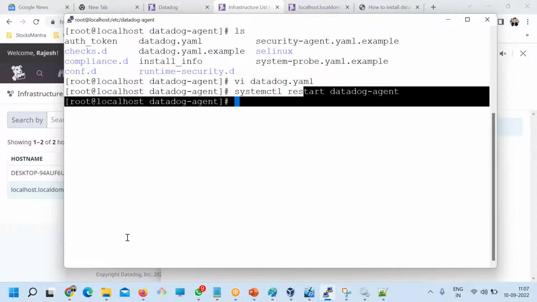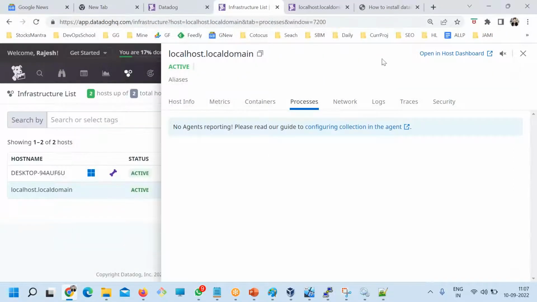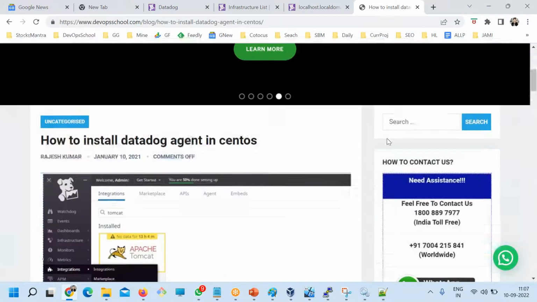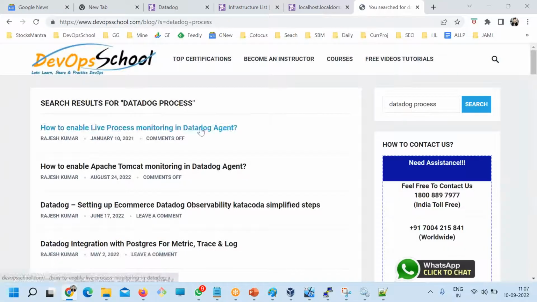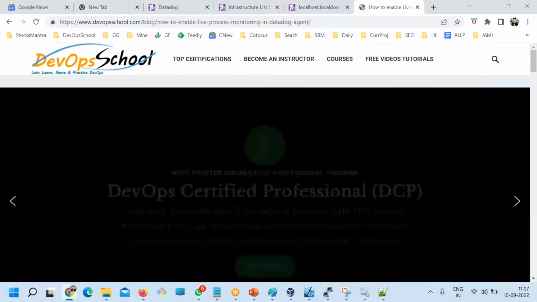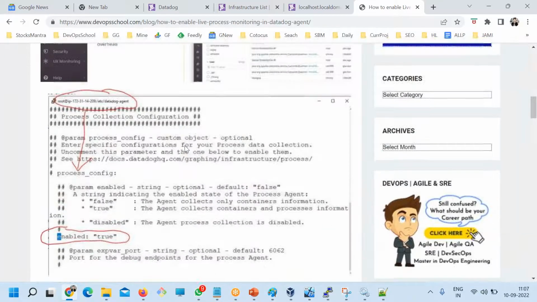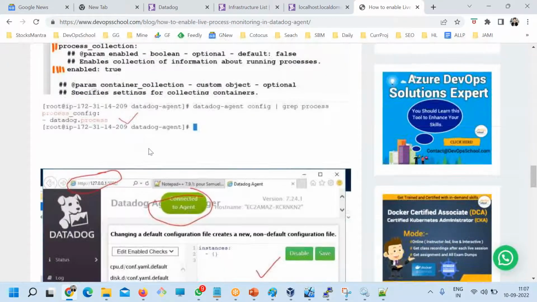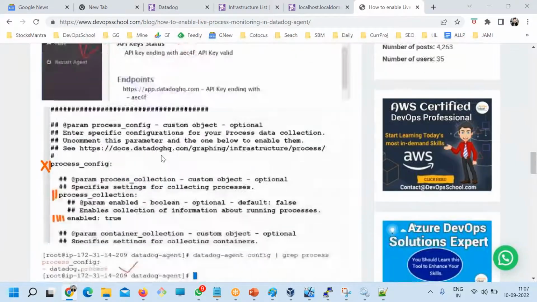Now you'll say, Rajesh, how can I remember this? So I just said, use any documentation you have here. For example, if you go for Datadog and search for only process, don't add too much content for searching. Here, how to enable live process monitoring, and here you have step-by-step information, see all this, and Windows also. Got it, all of you?